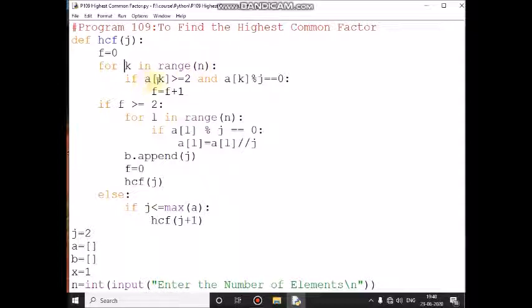Then A of first location value, that is 5, greater than or equal to 2, the condition is true, again A of first location value 5 modulo 3 means you get remainder 2, so this condition is also false, the total condition is false, again control comes here, and it will increment the K value 1 plus 1, it will become 2, 2 less than 4, the condition is true, again control comes here.